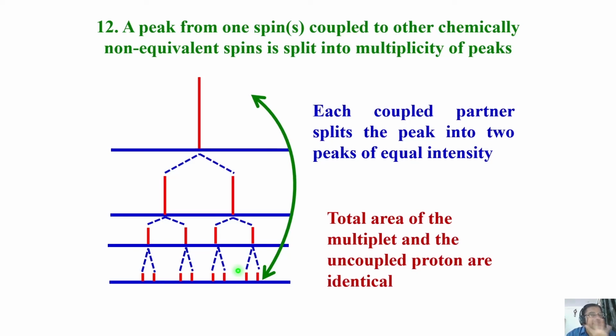So basically in this class, I was trying to bring in another interaction parameter called J coupling, where I told you the mechanism of J coupling, how it is happening, and gave you some salient points. These are the points to be remembered. We'll understand more about it later. I introduced about 13 to 14 salient points about J coupling, so we'll come back and discuss more about it tomorrow.